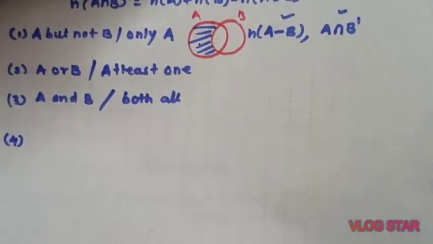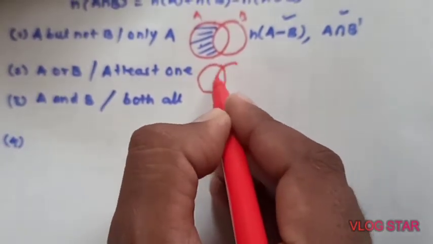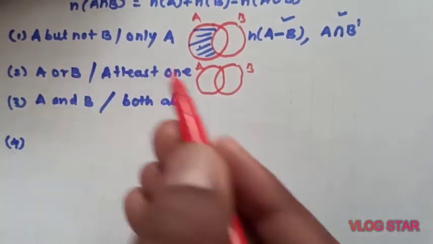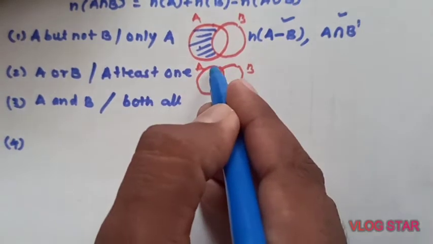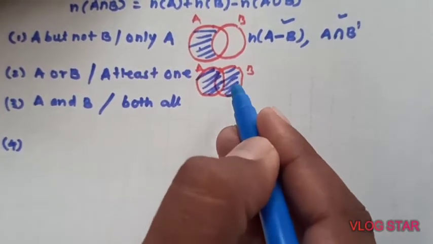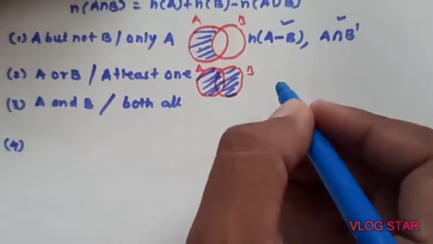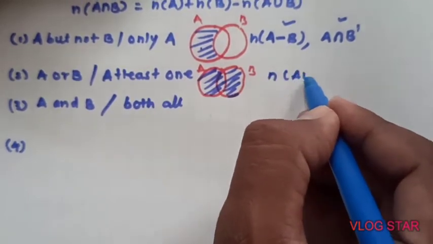So what does it mean? Again, related Venn diagram. This is, as I told you, or means किसी एक में, so that is a union. Means A में हुआ तो भी चलेगा, कॉमन हुआ, या B में हुआ, so it is a union. So what does it mean? Number of elements in A union B.